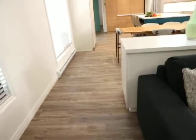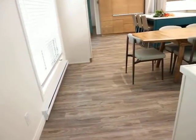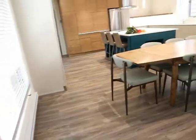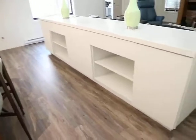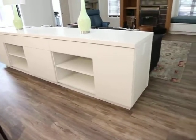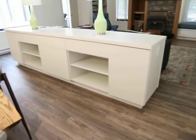The contractors were Bert and John and Chris, and they did most of the work in this space, and they did a really fabulous job. Carl DeCoste did the cabinetry. So I designed all the cabinets, and then he made them all work and fit and come to life,